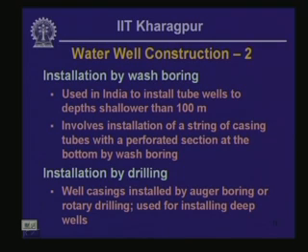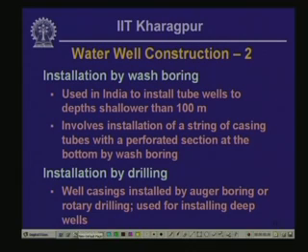There is also another method in which a well casing is installed by drilling a hole in the ground. The drilling can involve the use of rotary drilling procedure, air rotary or mud rotary, or there could be auger boring to open up a hole for advancing the well casings. So the essential component of the well casing is very simple. What you are going to have is a hole in the ground, and that hole